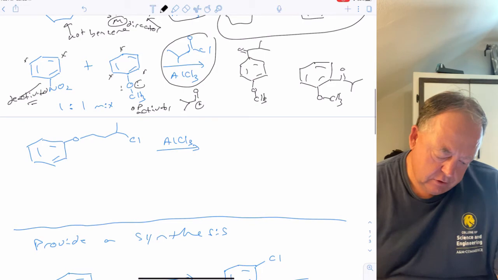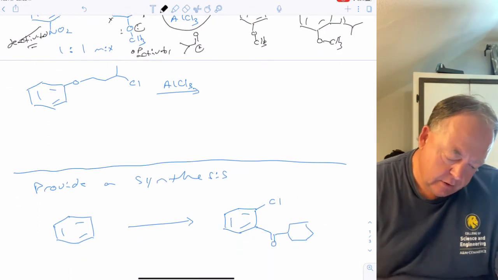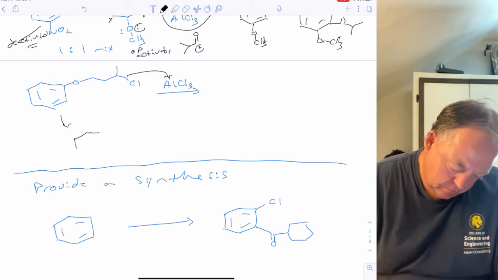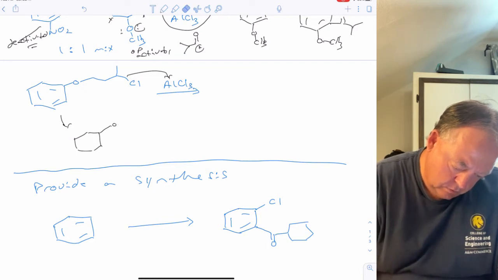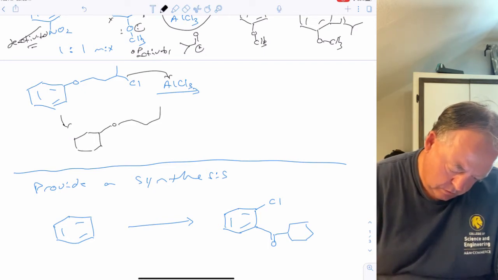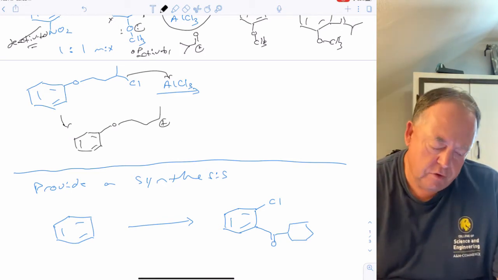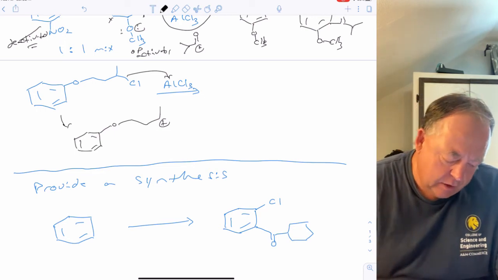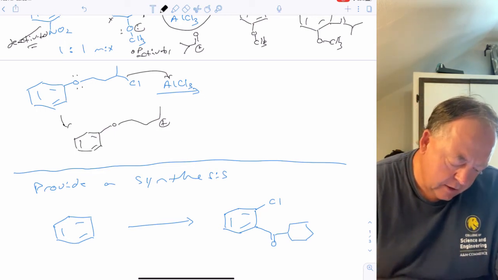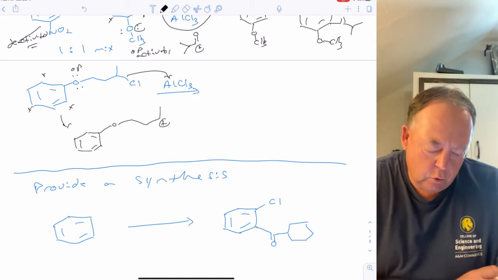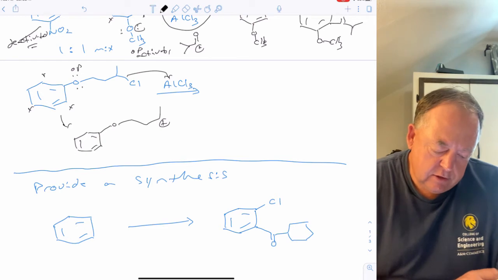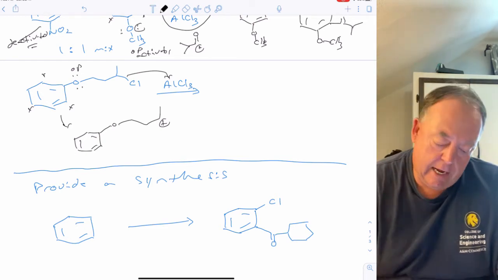Okay, so this one's a little tricky. So if you remember, that's going to pull chlorine off, right, to make that carbocation. So I didn't give you anything for it to react with, but I did, because there's a benzene ring right here, and that has a lone pair, so this is an OP director. So that wants to put an electrophile at those positions, or ortho para to it. Since this is just going to be an intramolecular reaction,